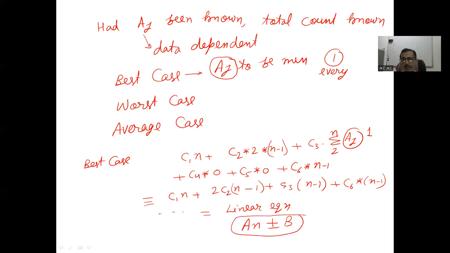Even I can write an plus b, where b can be negative also, but I can easily say some constant multiplied with n plus something. When I say so, this becomes the best case time complexity. Out of this, I will say, because n is being very large, the dominating term